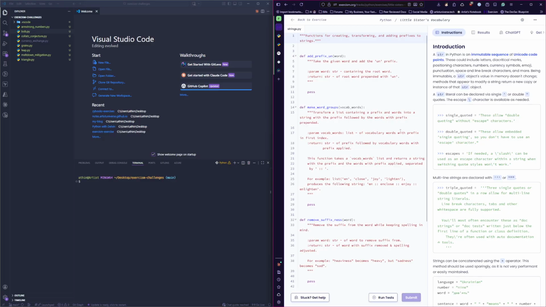Alright, so a string in Python is an immutable sequence of Unicode code points. These could include letters, diacritical marks,